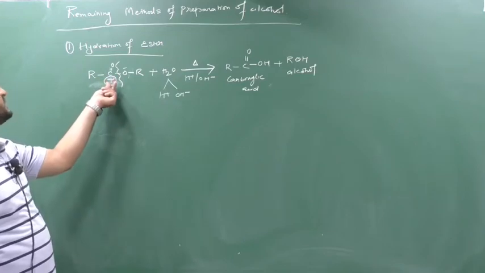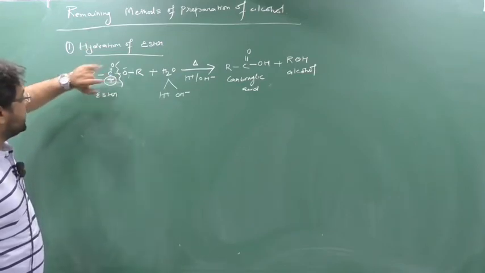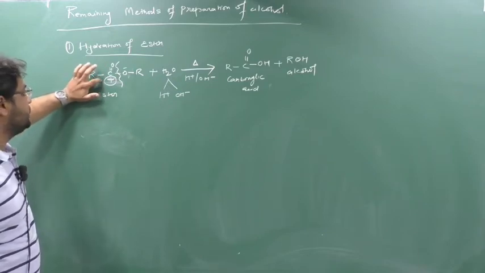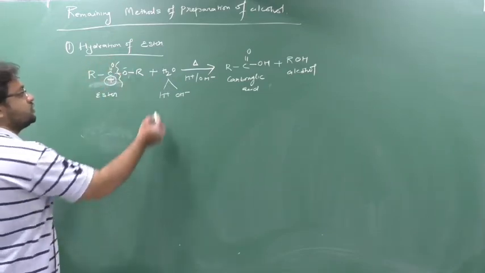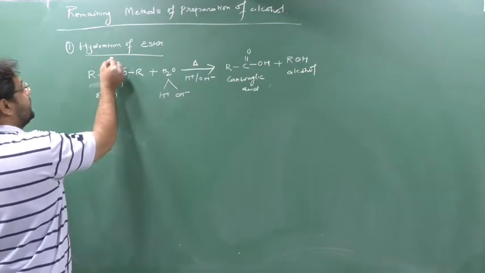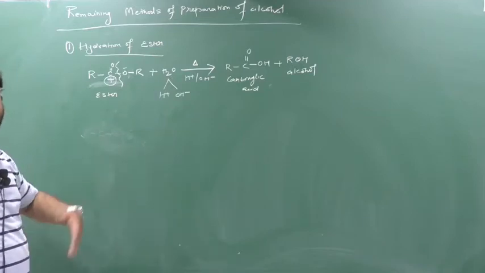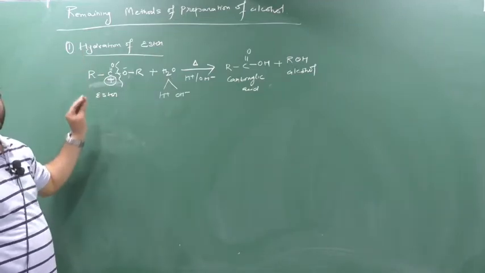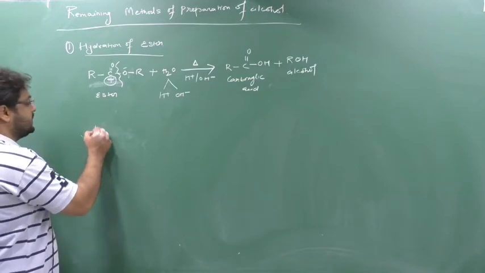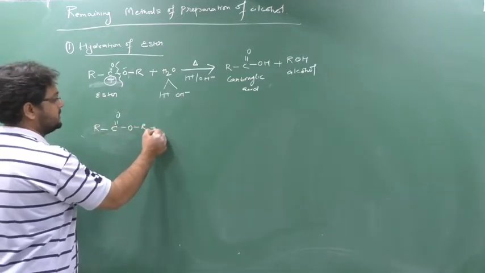But the actual splitting is this, because this carbon is associated with these two electronegative elements. So this carbon will be guaranteed positive, and this will have the negative charge. This negative will attack on this carbon, so the bond will be broken, it will split again, and this group will leave. But here the mechanism is not required, so I am not doing it. Simply understand the cracking part, or if you want to see the mechanism, I will show it for one, then we will move to the chapter.